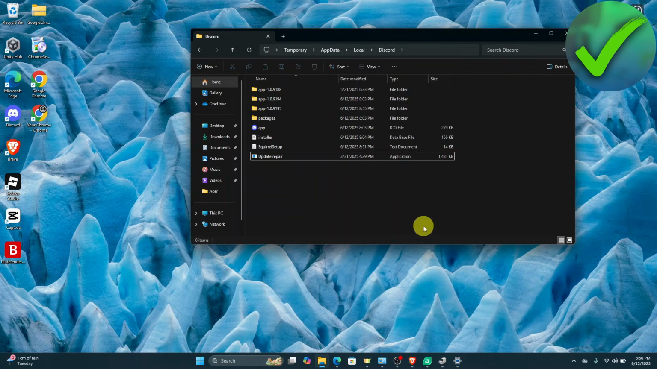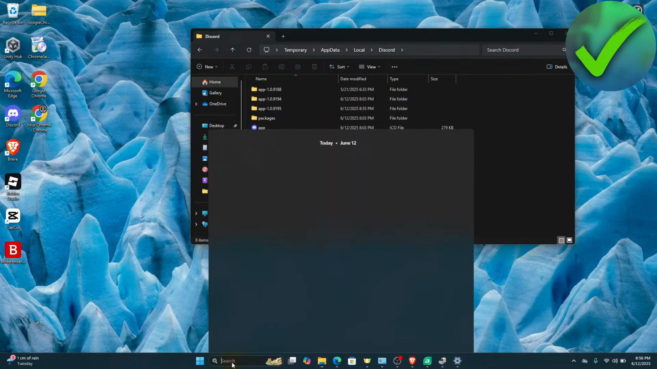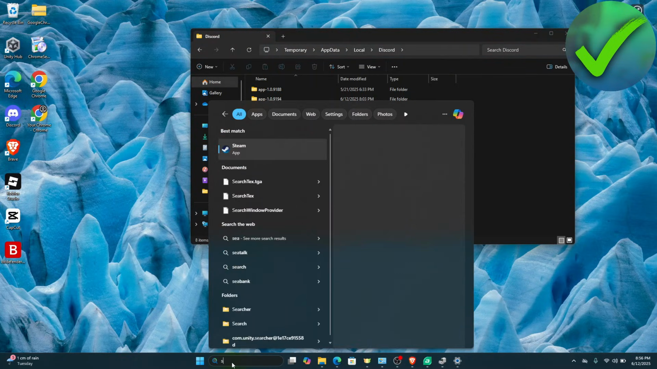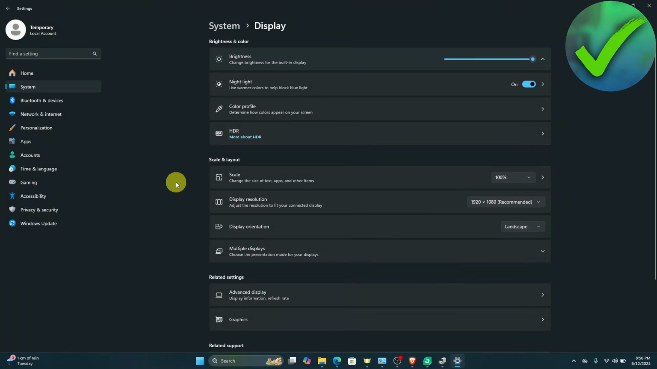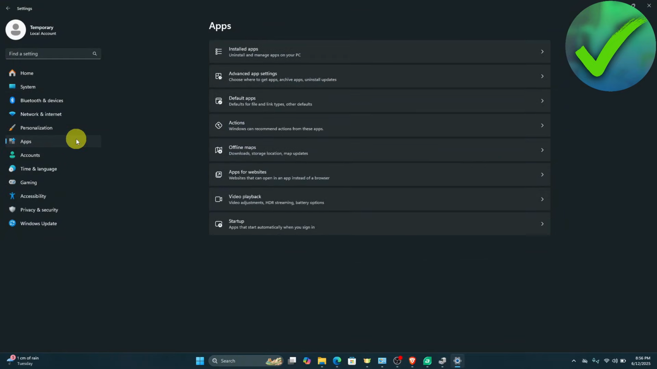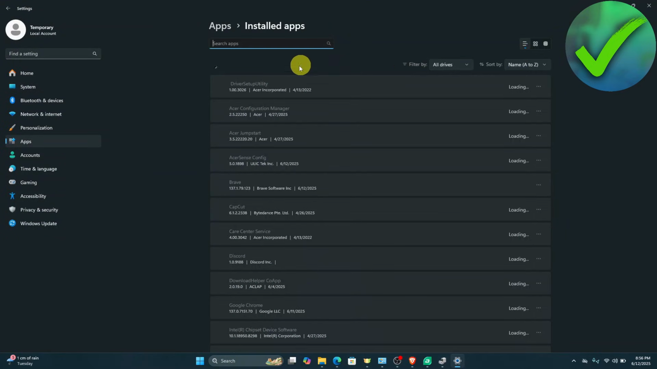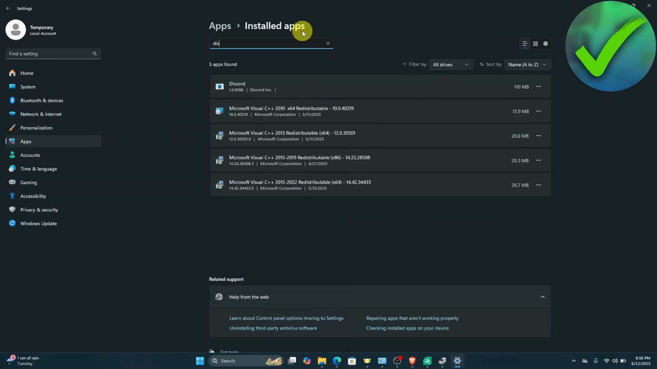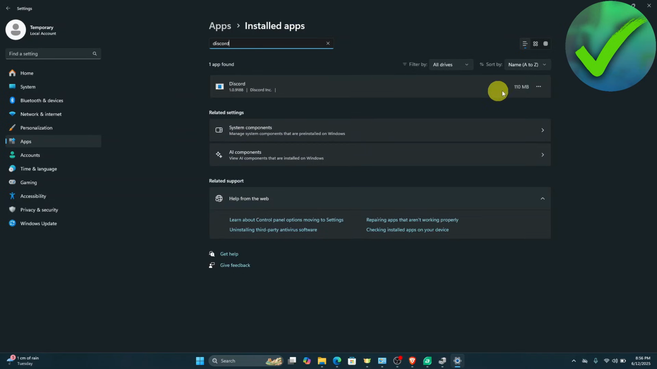But if it's still not working, the last thing that we can do is to go on the settings. So open the settings right there and then click Apps and then click Installed apps. And then on this part, just search for Discord. And then what we're going to do is to click on the three dots and then click Uninstall. So once you click Uninstall right there, all you have to do is to install it again, and that should fix your